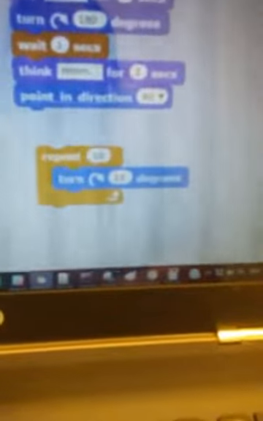So first of all we have this one here, which is repeat X amount of times. So essentially what will happen is it repeats the instructions within it. Let's say turn clockwise 50 degrees. It will repeat this instruction a total of 10 times. So it meets this condition of repeating for 10 times. Then we also have repeat until X. So essentially what this does is it repeats the instruction until a certain